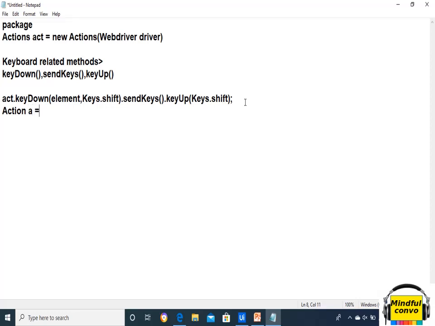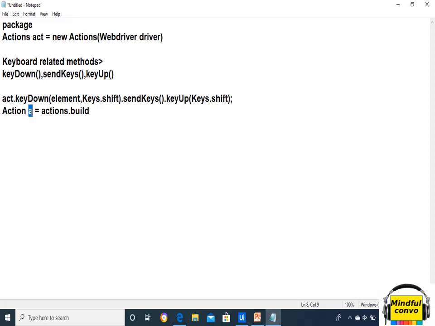Action A equals actions dot build. Action is an interface, so we can't make the object of an Action class.